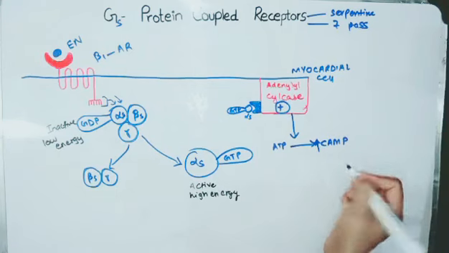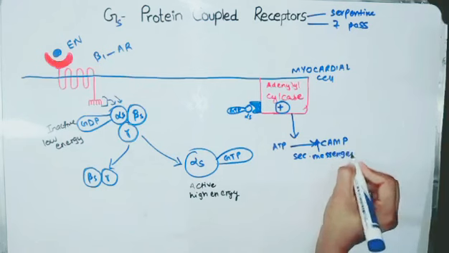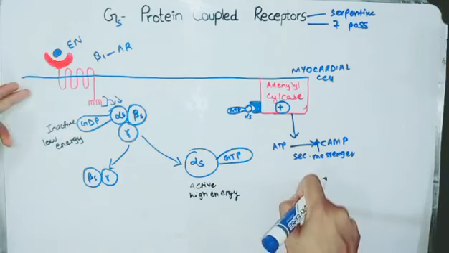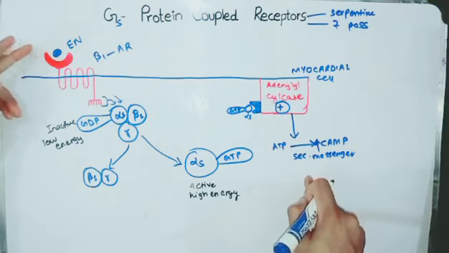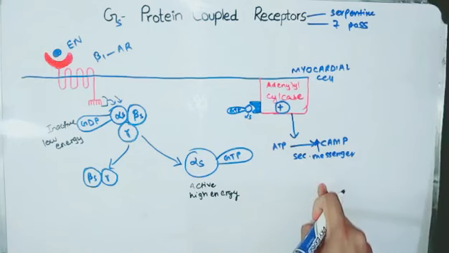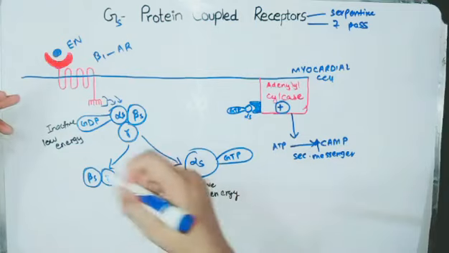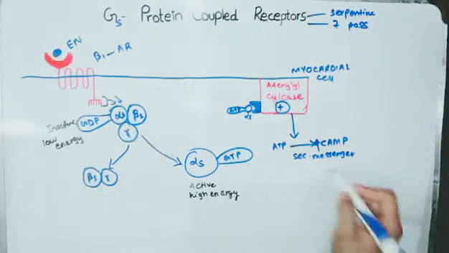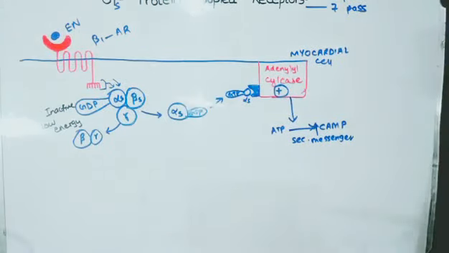cell. Now cAMP here is a secondary messenger, and I would like to tell that a secondary messenger is basically a molecule that is released in response to an external messenger or first messenger, which in this case was epinephrine. So a secondary messenger basically helps to bring changes at the cellular level when a ligand binds to the receptor. Now the cAMP level inside the cell has been increased.